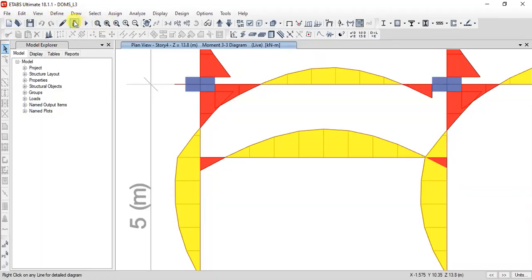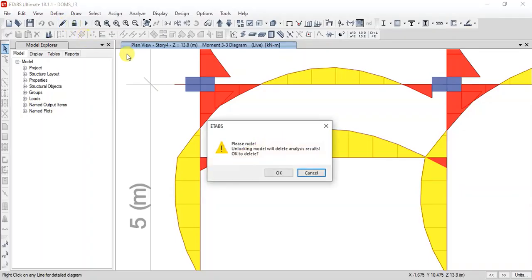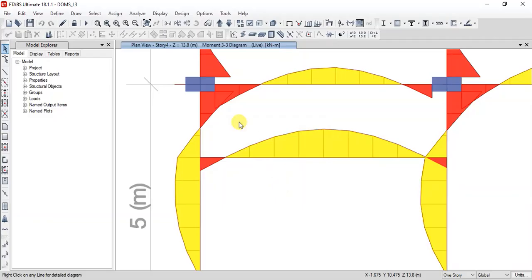You can only observe the bending moment and shear force diagrams, go for display options, or go for the design option. You're not able to draw or assign any loads, so you need to unlock this. Click on that, click OK.